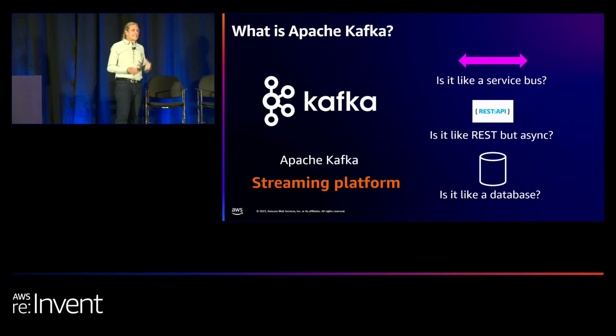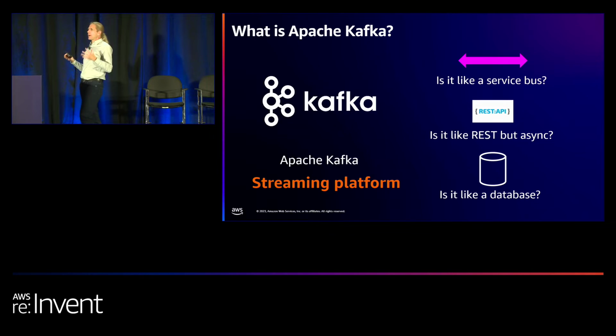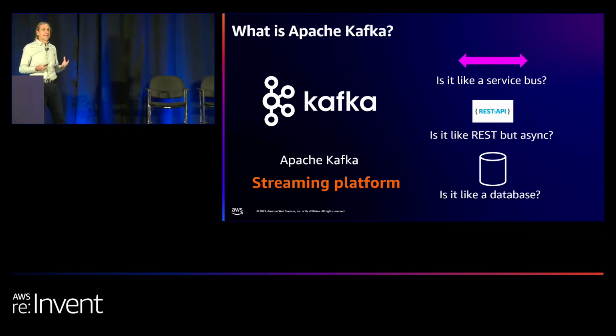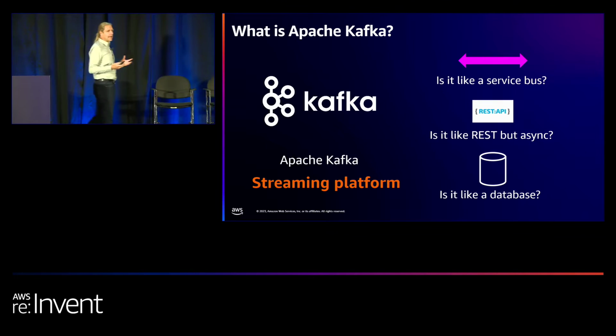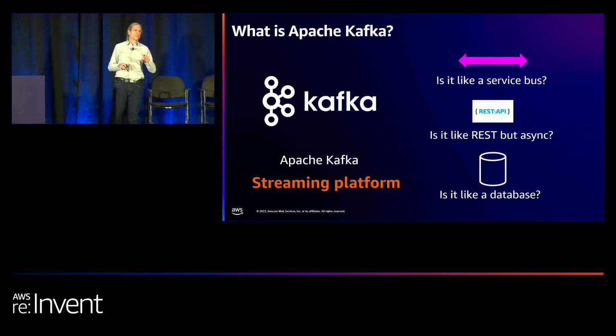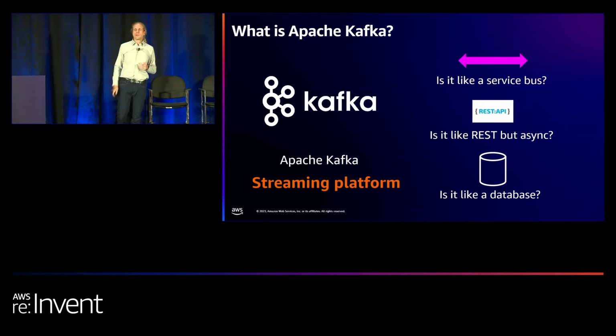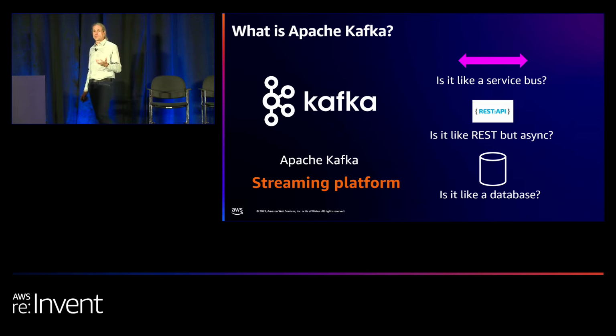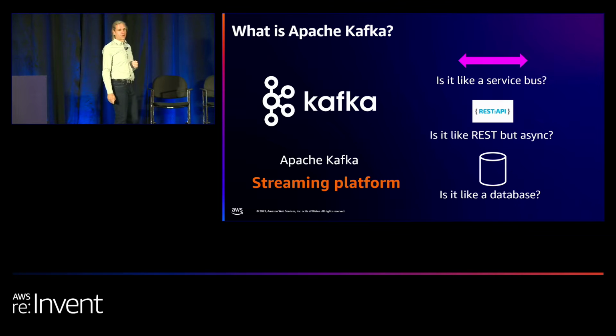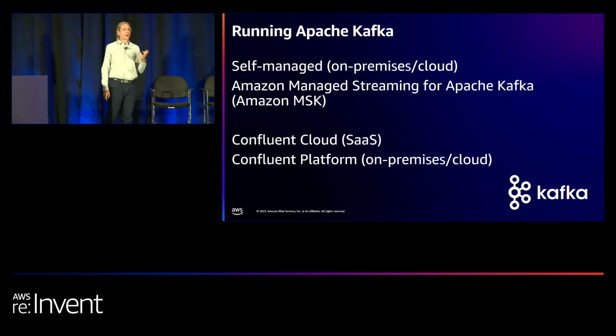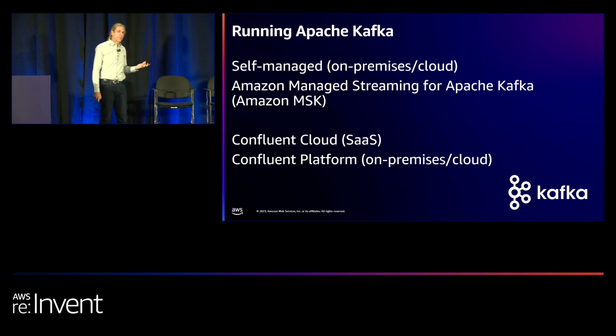And in a way, Kinesis is actually all of these things, and Kinesis likes to brand itself as a streaming platform because it has a really wide range of use cases and stretches into some of those event service bus and queuing use cases. It's very common, specifically when you're using it on premises or in your own data centers, that you haven't got the luxury of having a lot of different other products and services, and so you can actually use Kafka to do a lot of things. And in terms of running Kafka, of course, you can run it yourself, on-premises in your own data center, or also in the cloud, just installing it on an EC2 instance, for example.